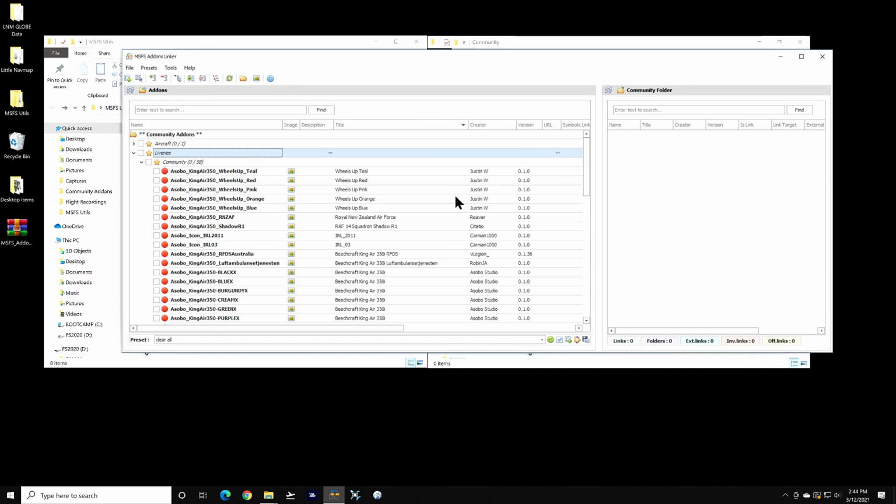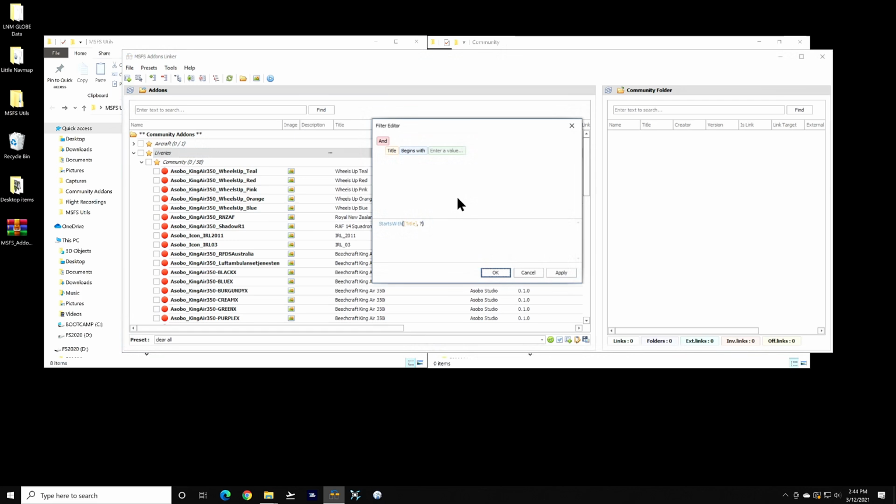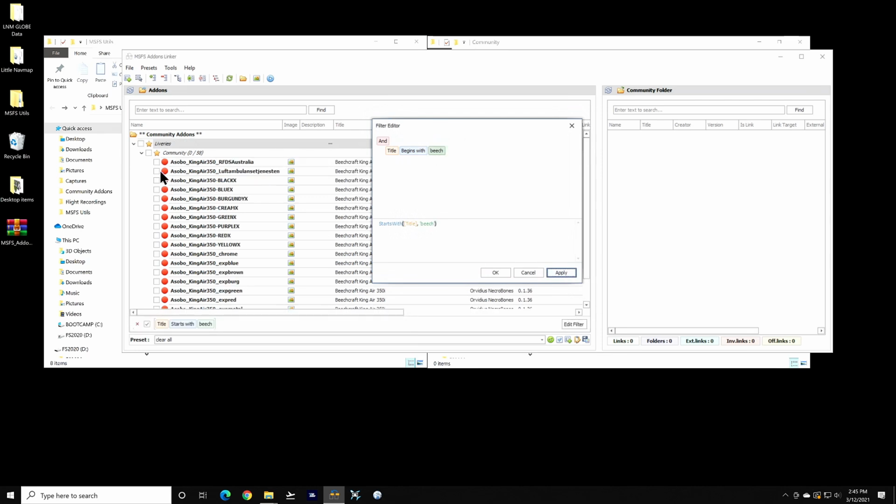This filter window will give us a filter rule that we can edit like this. Right now it says title begins with, and I could put a value into this last box to specify a starting value for the title to match on. Clicking on begins with invokes a list of Boolean filter matching criteria that I can use to create my filter as well. If I type beach for the match value,